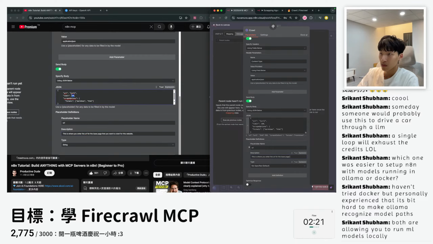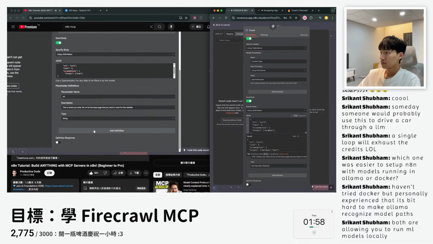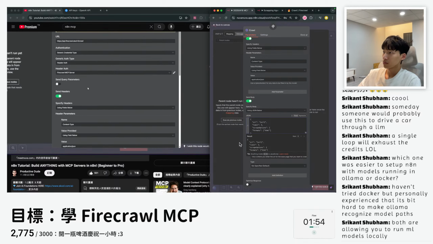And for this example, I'm just going to make the limit 5 just so that it doesn't overwhelm the system and scrape too many things, but you can play around with that limit if you want. I recommend starting a bit lower. And for the formats, we can go with Markdown or HTML. I'll go with HTML for this one just to test it out and show you guys how that kind of works. And now this is good to go. If we wanted to add some different placeholders, we could just hit add definition and then we could put our placeholders in. But I think this looks pretty good.